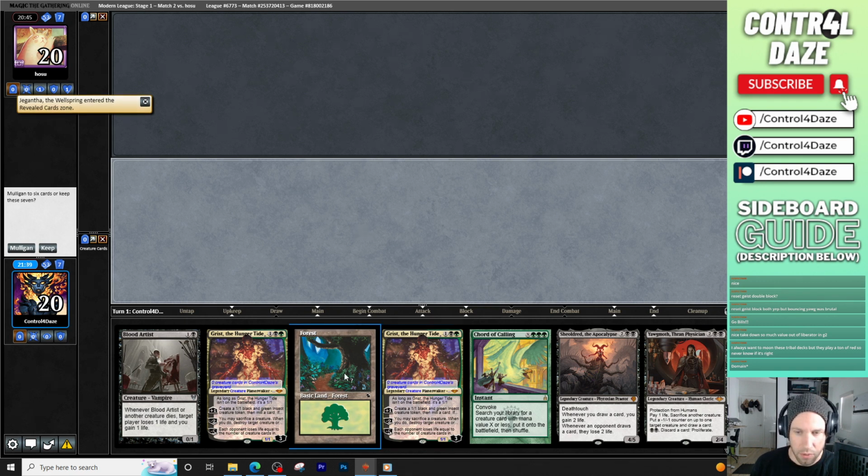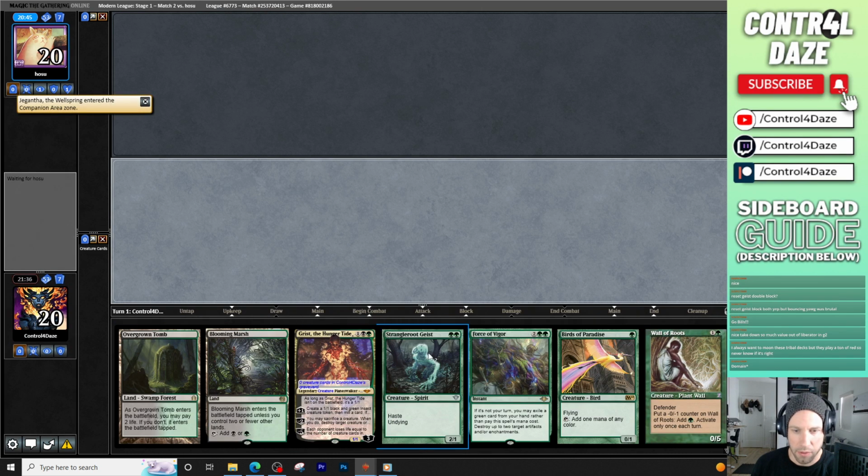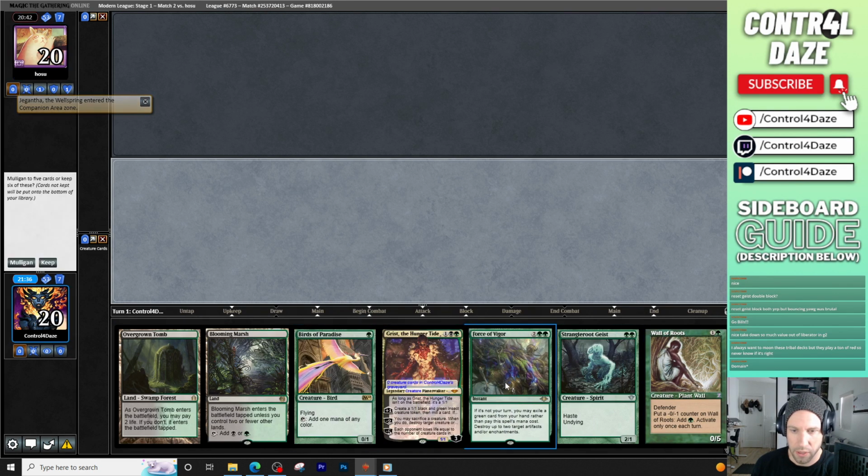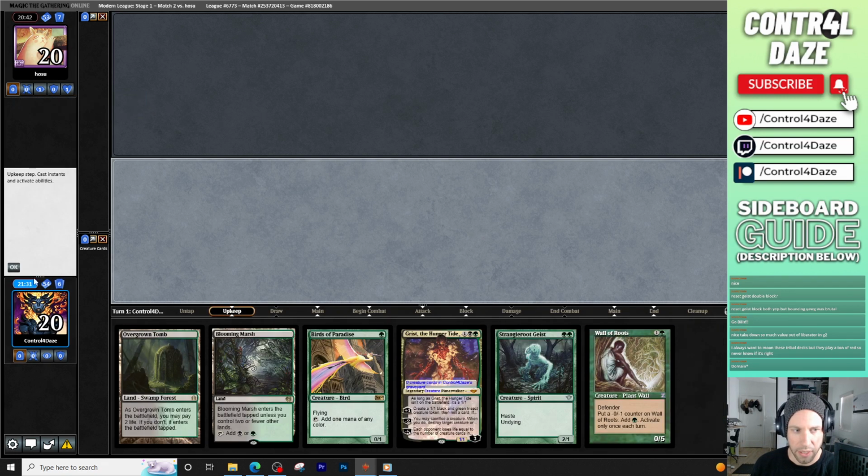Yeah, I don't... This hand is terrible. I will never... This hand is much better. We're going to get rid of the Force of Vigor. I will never bring in